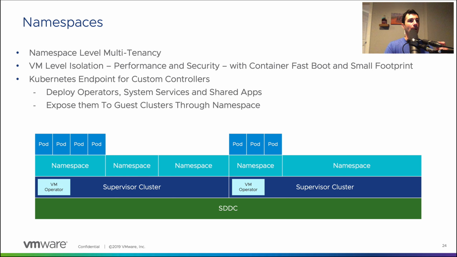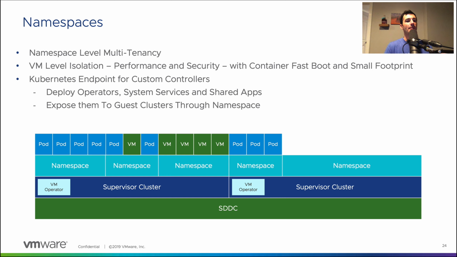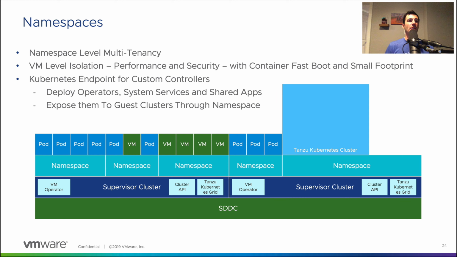As a VM operator, if I have that as a part of my supervisor cluster, I can then deploy virtual machines as a developer because I'm providing that as a virtual administrator. And I can also enable the Tanzu Kubernetes Grid service, which allows me to actually create Tanzu Kubernetes Grid clusters running inside these particular namespaces. And these Tanzu Kubernetes Grid clusters look just as we had talked about before. So you get your control plane nodes, you get your worker nodes, and you're